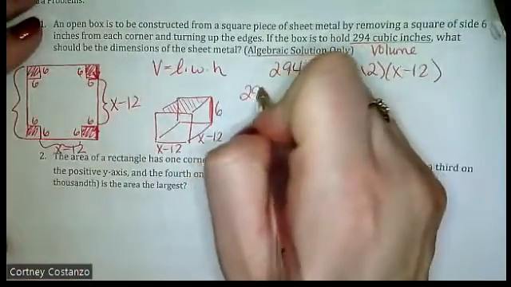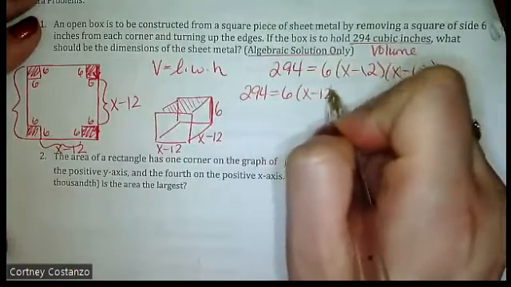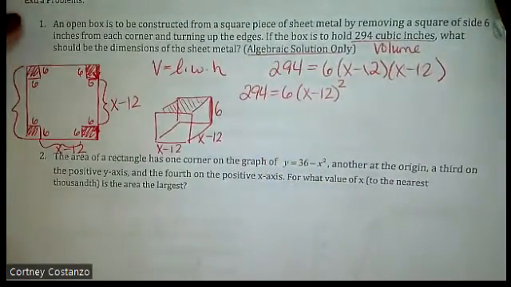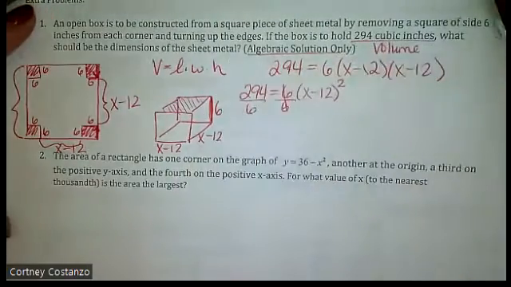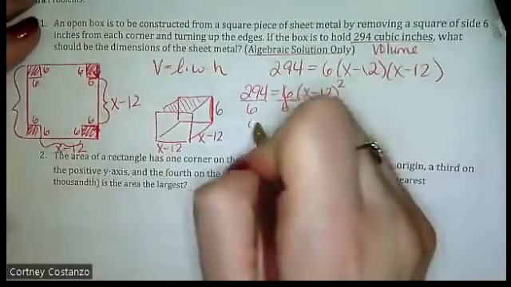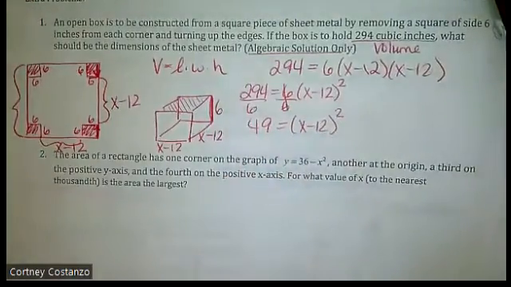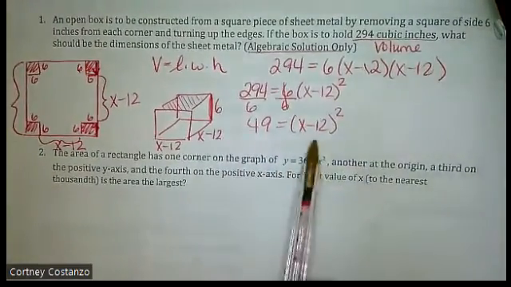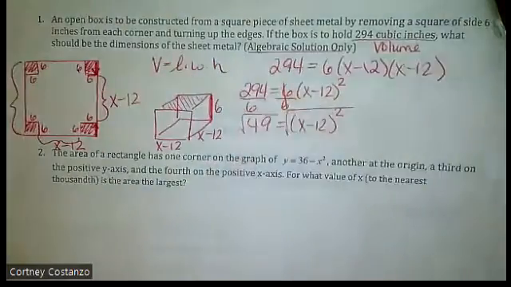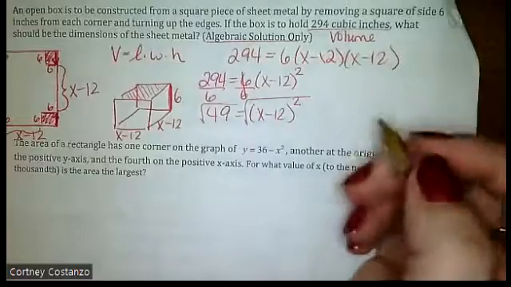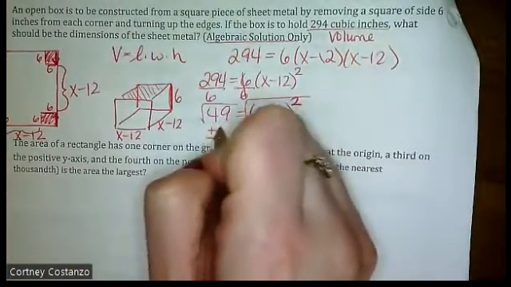The easy way is to notice that we have x minus 12 written twice. So you can write it as a single factor squared. Then divide both sides by the 6 and you get 49. And this might look semi-familiar from what we just reviewed with completing the square, because now we have a perfect square equal to a perfect square. I can square root both sides. Obviously the square root of 49 is 7, but because we're square rooting something squared, we get plus or minus 7,